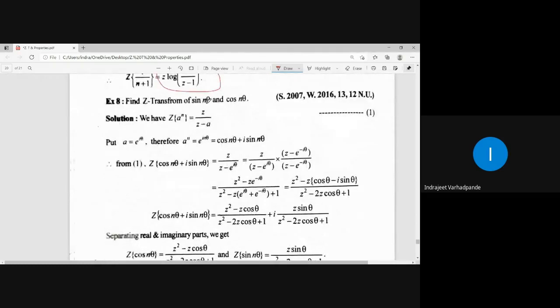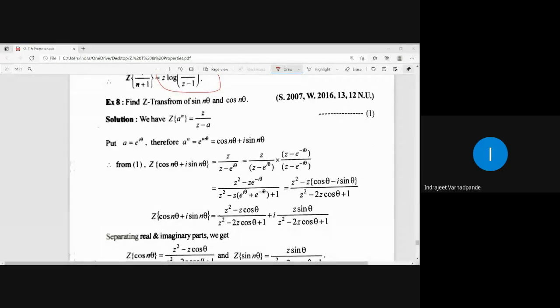Okay. Now one of the examples which we are being asked, and which is very common, is the z transform of sin n theta and cos n theta. Is everybody clear up to here? Are the property and the proof clear to everybody? Whatever we have done up till now, make a proper table or a separate page of the statements wherein we have all the properties and the statements. Proof can be dealt with by starting with the definition or the application of the previous properties. With the help of that you can get the proof. Is this point clear to everybody? Can we move ahead? The last two examples.